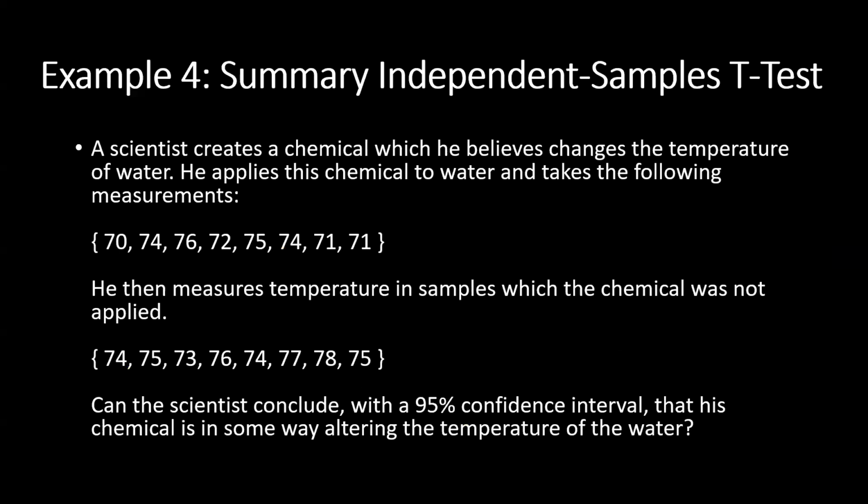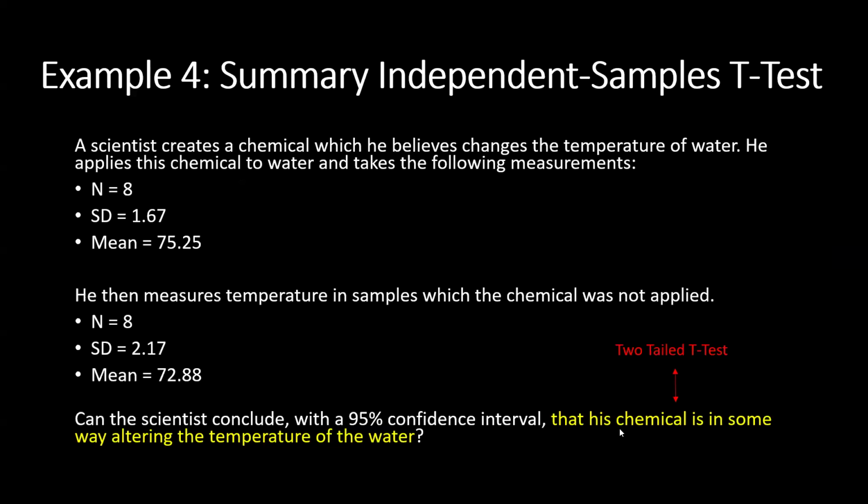All right, so now we're going to do a summary independent samples t-test. Same sort of application. But in this case, we're going to pretend that you don't have these values. We'll say that you're in a class and this is what you're given. Instead of being given the actual observation values, you're just given a summary of those values. You're given the number of observations, the standard deviation as it pertains to those observations, and the mean of the observations in each instance. Still utilizing a two-tailed t-test as the question has not changed,